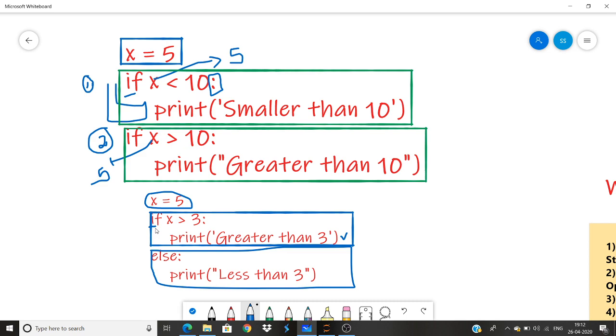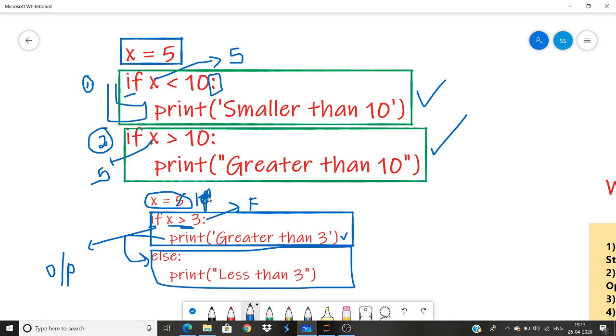So what else does is, it checks this block, it checks this block. It checks, okay, if x is greater than 3, I'll go and execute this statement, so I'll give the final output. If x was not greater than 3, for example, if we took x as 10, and 10 is not a satisfying condition, so this would have been false. It would have gone to the else statement, and it would have read,